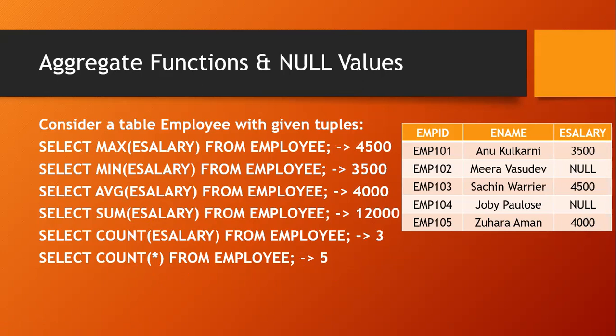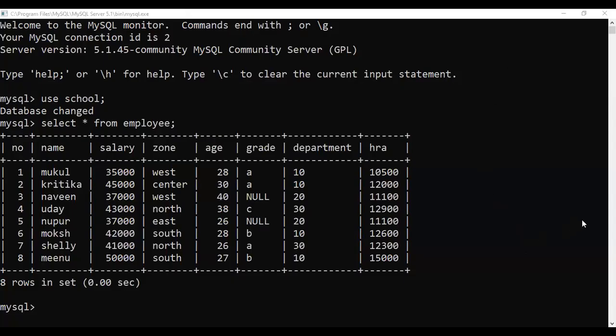Okay, now let's move on to the practical section to have a better idea. Coming to the practical section, I'm just considering this table employee. My first question is to display the maximum salary from the table employee. What is the statement you have to write? How will I write the command? Select. Max is the function. And what is the column? Salary. So select max salary from employee.